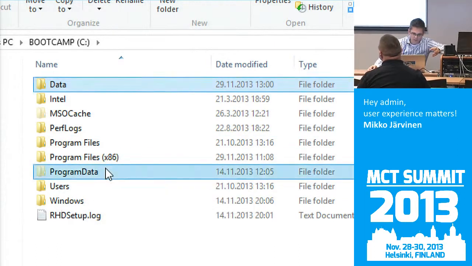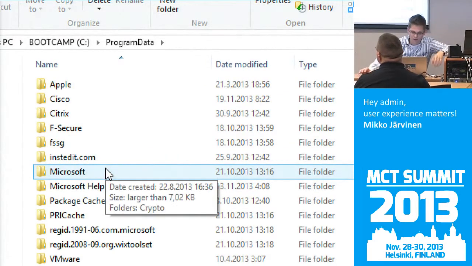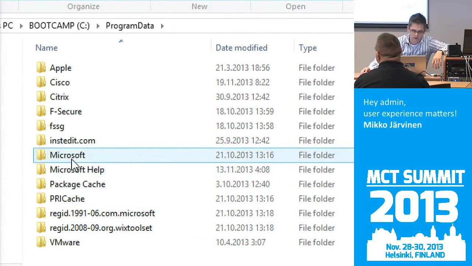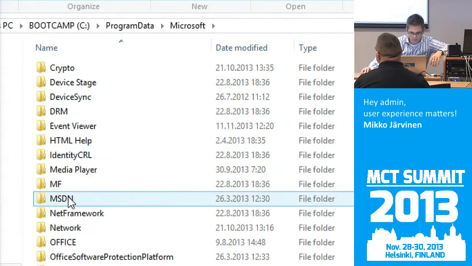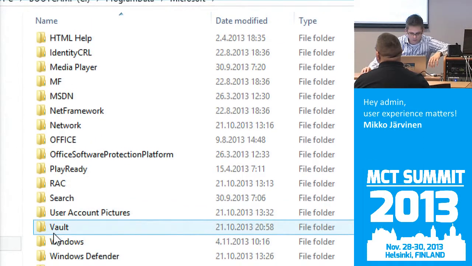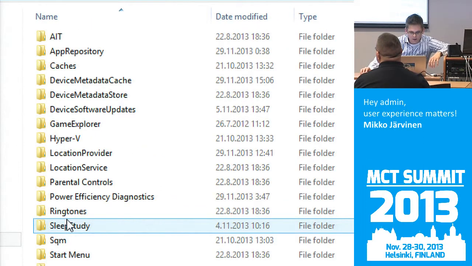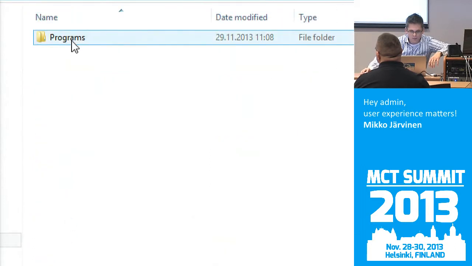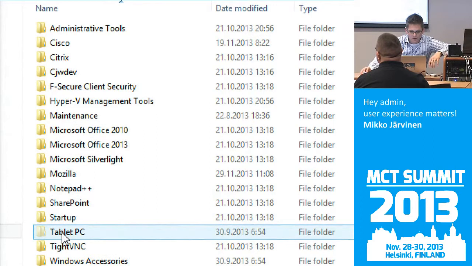So it's in program data. It's still here, although it's Windows 8. Microsoft Windows, Start menu, Programs, Startup.